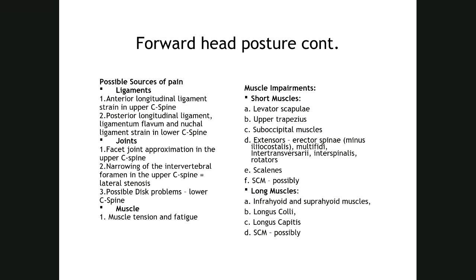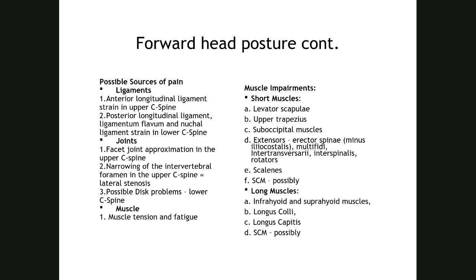Possible sources of pain. Now that you know the locations and what the ligaments do, the anterior longitudinal ligament can be strained in the upper cervical spine. The posterior longitudinal ligament, the ligamentum flavum, and the nuchal ligaments can be strained in the lower cervical spine. So you have to take the posture and know exactly where these ligaments are located. And with the posture that you're looking at, you can tell what is going to be stressed and what is not, what is going to be